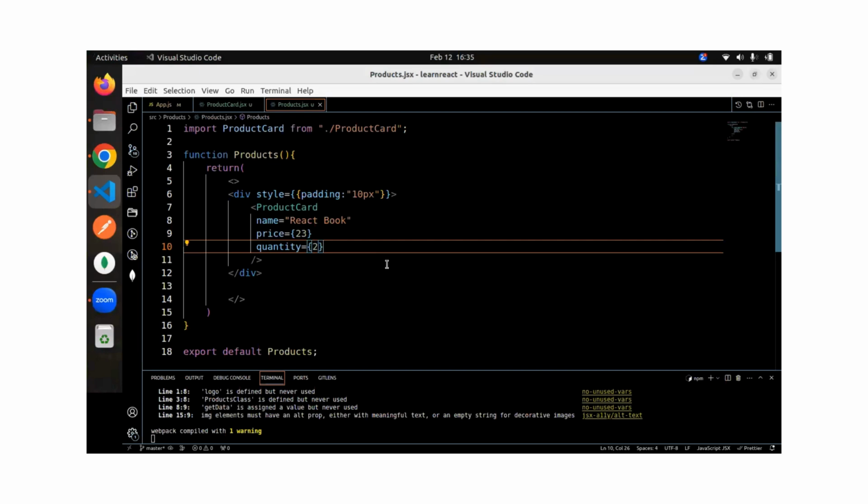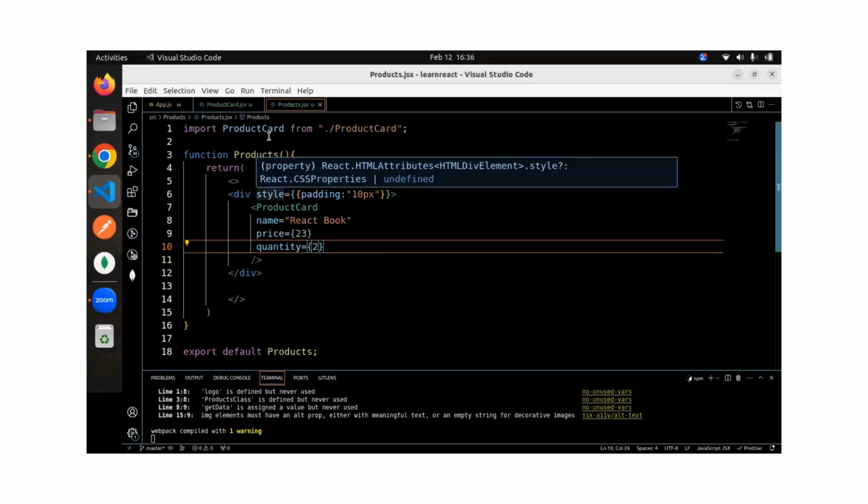So today we are going to see a new concept in ReactJS called type checking. Type checking is nothing but validating the data. As we have seen earlier, how do we pass data from one component to another component? We used props to send the data from one component to another component. Here I have created two simple